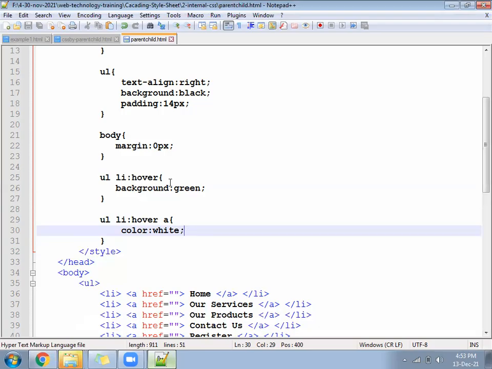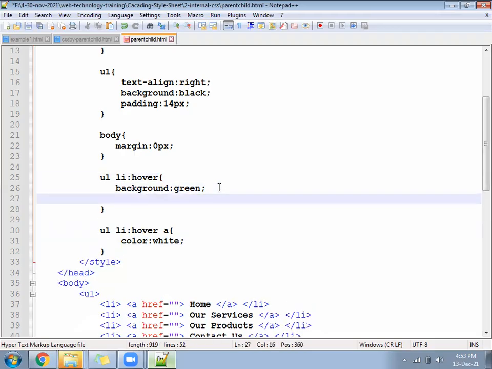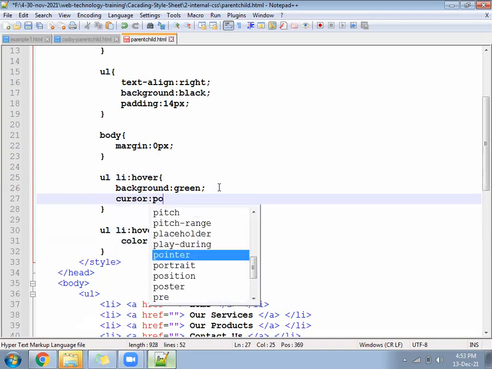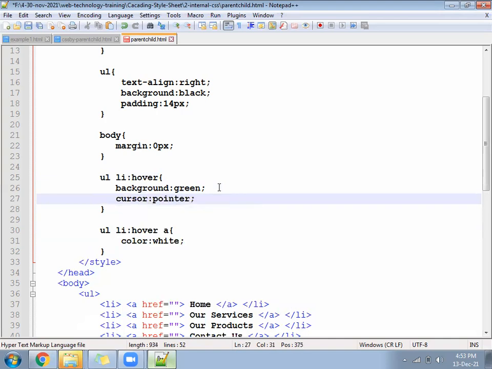Here, under the UL of li, you have written cursor colon green. Right here, write cursor colon pointer. This much only. We will not go further, else we will get confused. So let it be that much in this area.